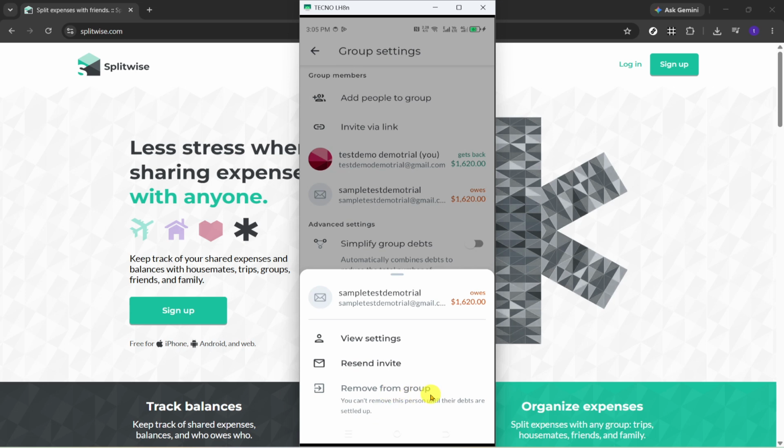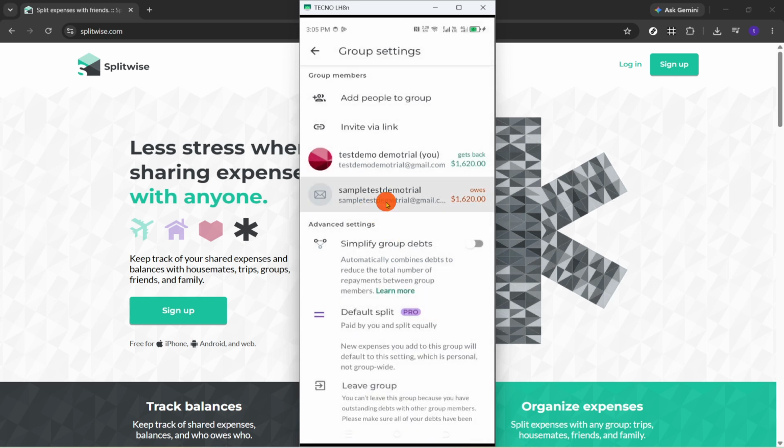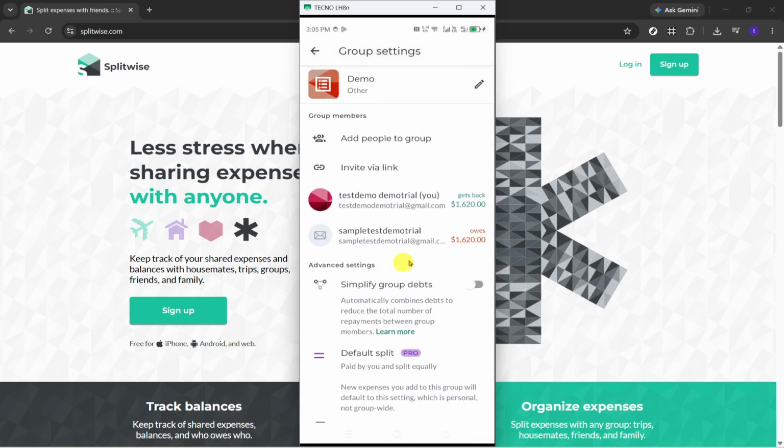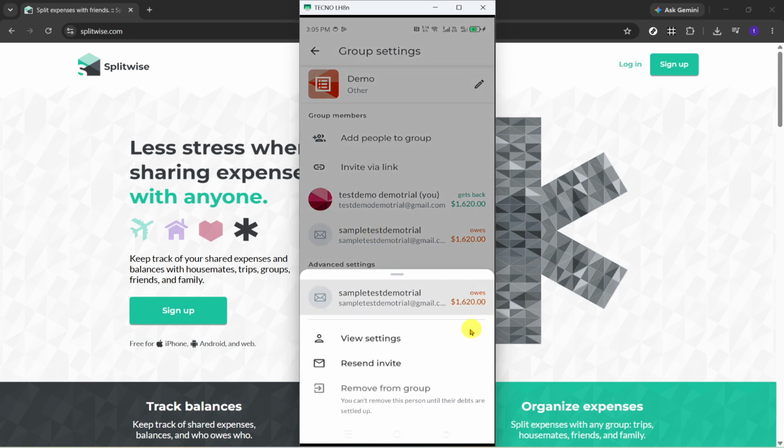Then tap on Delete to remove. This action removes that member from the group. Depending on the app version, you may see a confirmation prompt, so read it carefully before proceeding. Keep in mind that removing a member may impact how existing balances or shared expenses appear, so it's worth reviewing